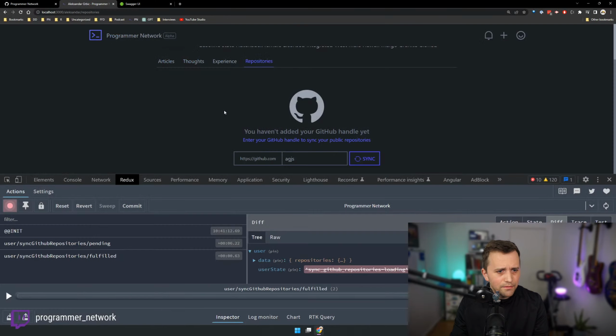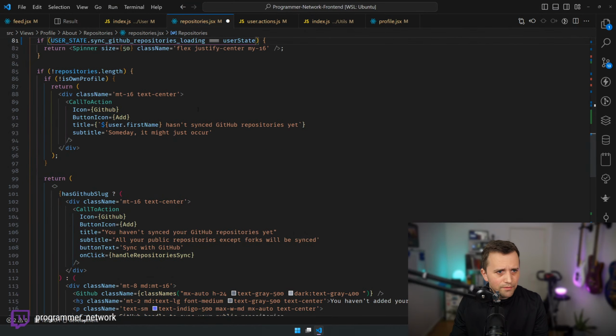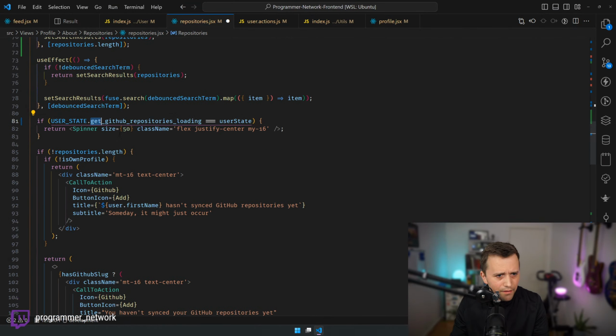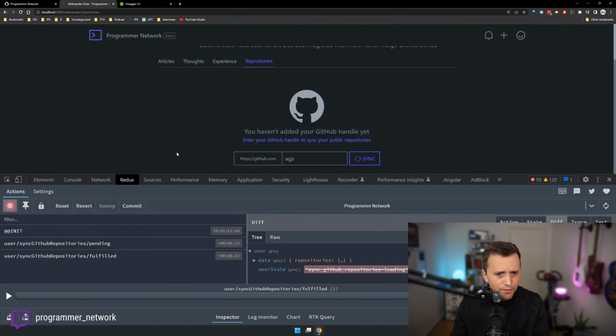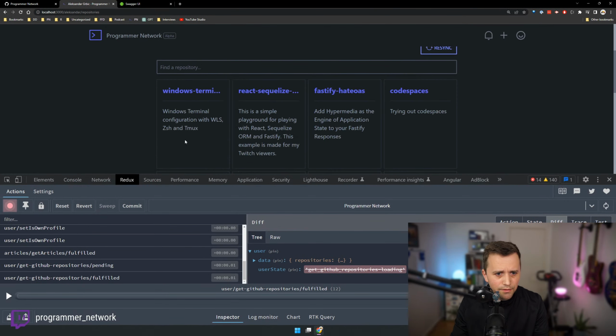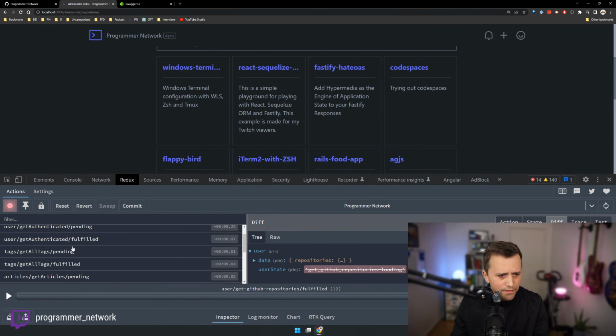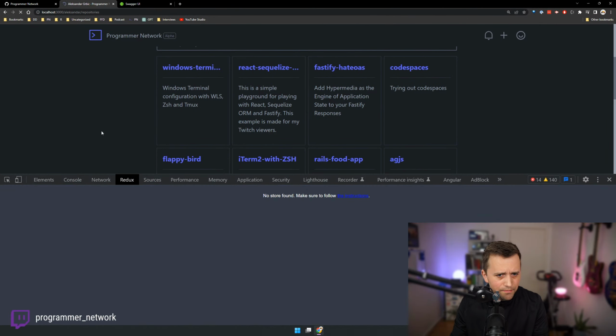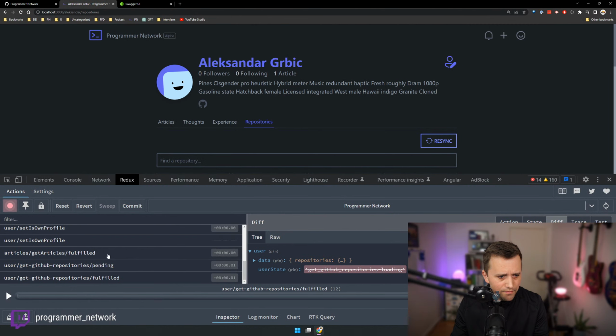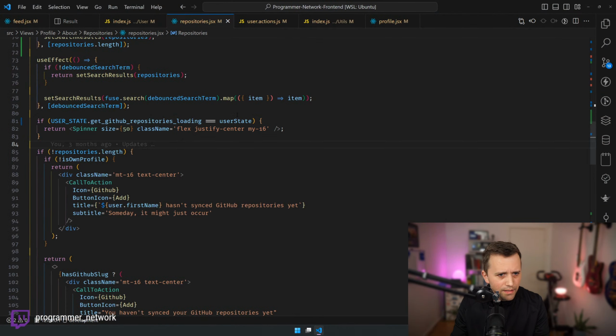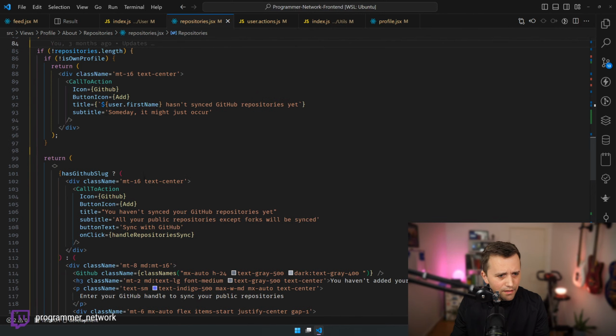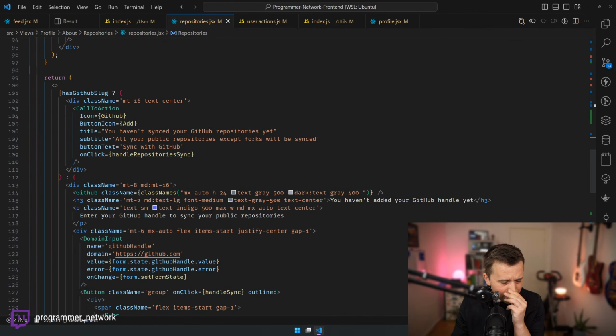Yeah, but this is no, that was not right. That was not right what I did here. So this is actually fine. So there should be a spinner when we're trying to load them, and that's okay. So let's actually see if that's the case. Get GitHub repository is loading, get GitHub repository success, right? So that's okay, right? And then we have this, and then hey, then we have GitHub add.